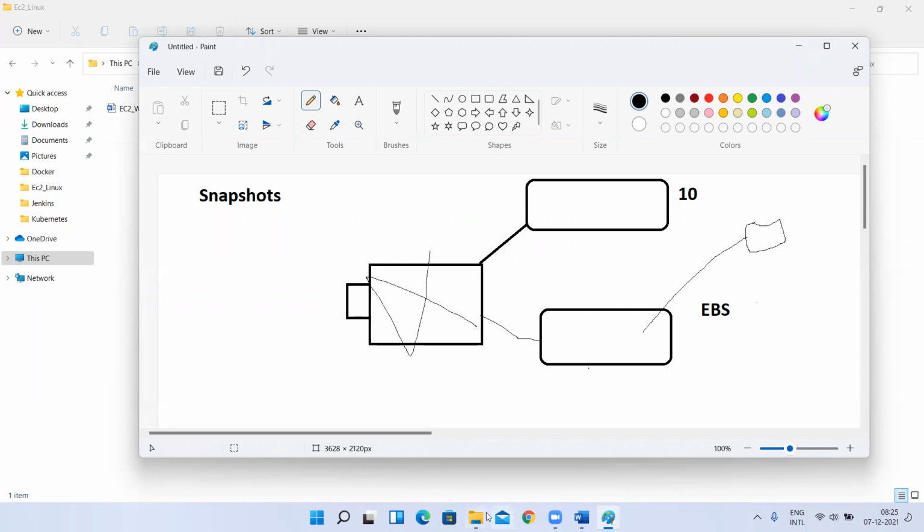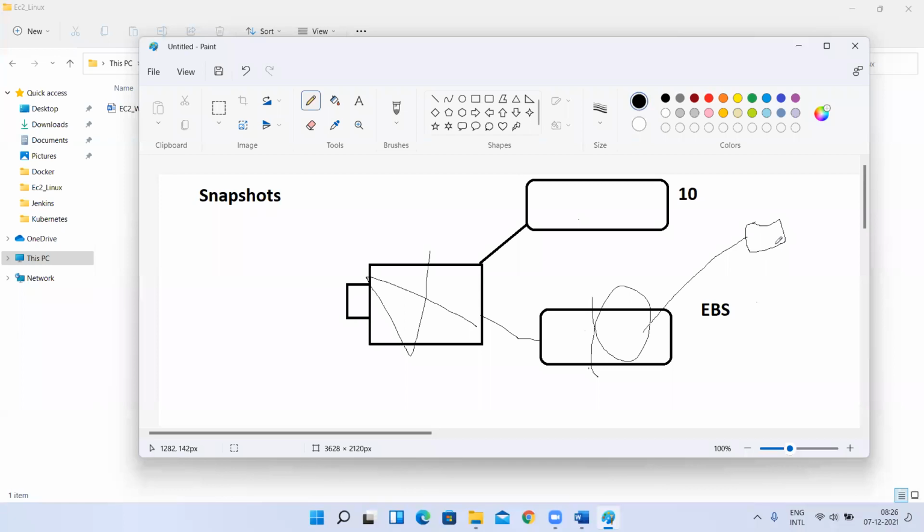So a snapshot is nothing but the compressed version of your volume. You compress it and you can keep that. I compressed my volume as a snapshot, kept it, and deleted my volume. You can do this snapshot for the root volume and normal volumes, anything. Later, as it is in compressed version, my charging will be less.